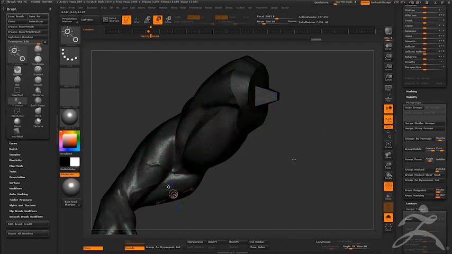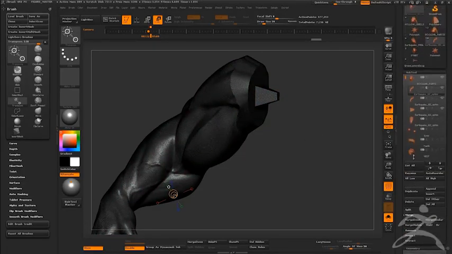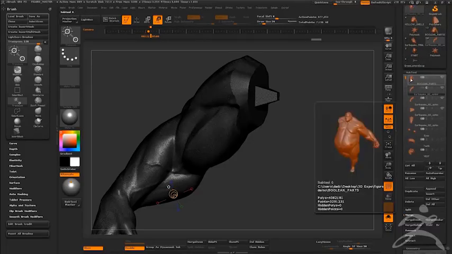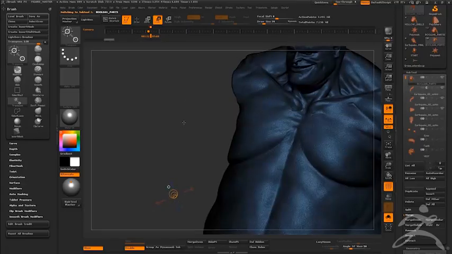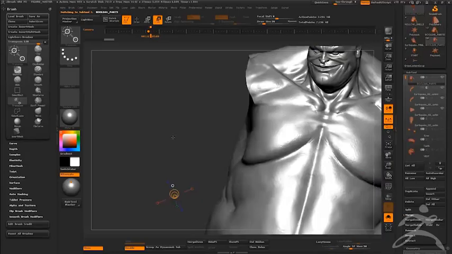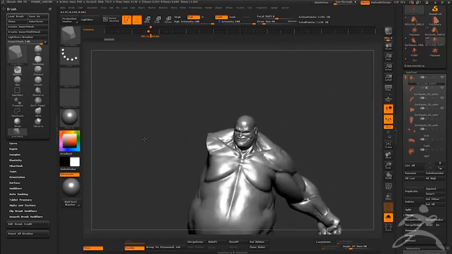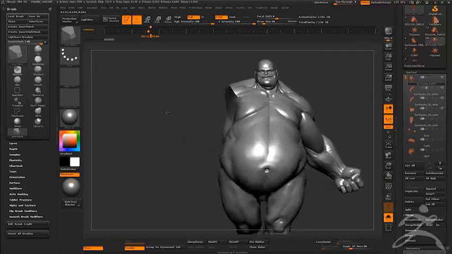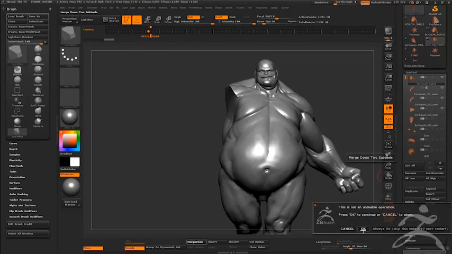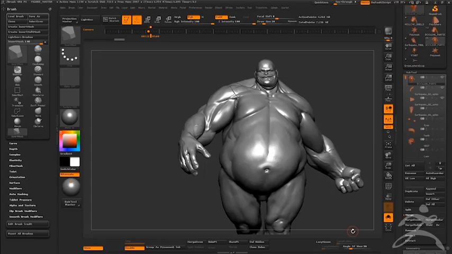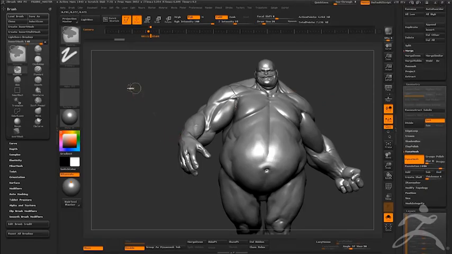So that's telling the Dynamesh engine that we're going to take this part away from the part that I'm going to merge down to. So I've got my main body here. Turn the colors off. Right? And I'm going to merge down. Say OK. Okay, now all I have to do now is control and swipe